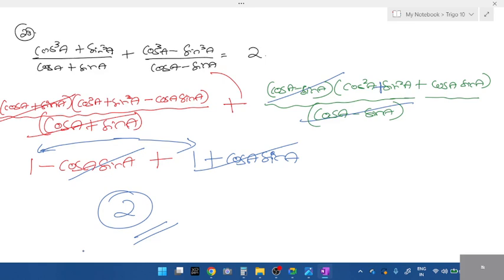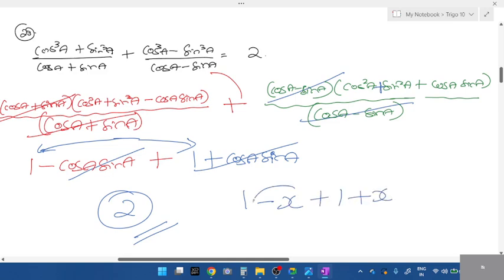Trigonometry. Completed all the concepts. Yeah, it will get cancelled. It is like this. Yes, like this. What is plus x and minus x? Cancel. So if both are the same, cos and sin,